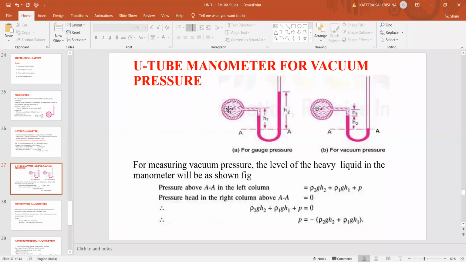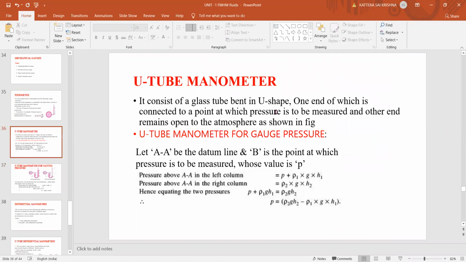Okay. So this U tube has one end connected to your pipe where the pressure is to be measured. For example, I'm taking a point B in the pipe in one place. There we need to find PB, the pressure at point B. So we are connecting a U tube, in which we have one more fluid, that is your manometric fluid. This dark colored fluid which you can see is your manometric fluid. And this is the fluid which is flowing in the pipe. It may be water or some other oils also possible. Right. So this is how you arrange the U tube.